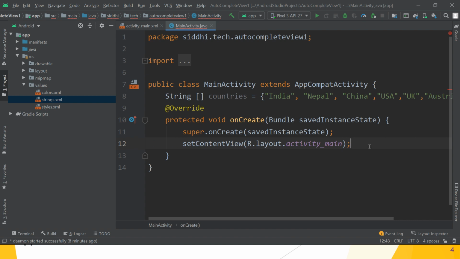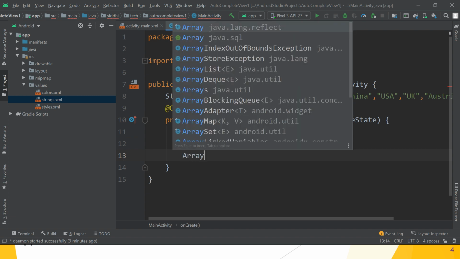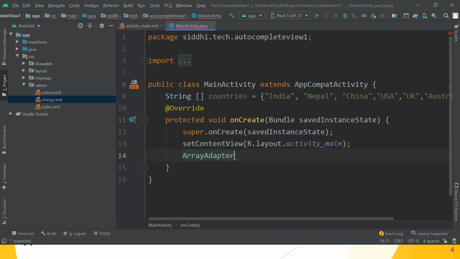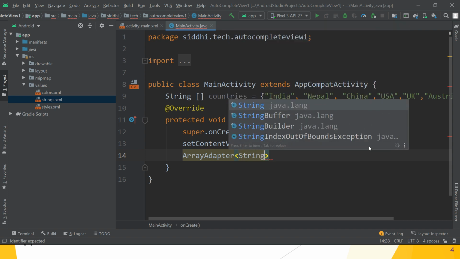After that, we have to create an object of the ArrayAdapter class. In ArrayAdapter, the objects are only of string type.